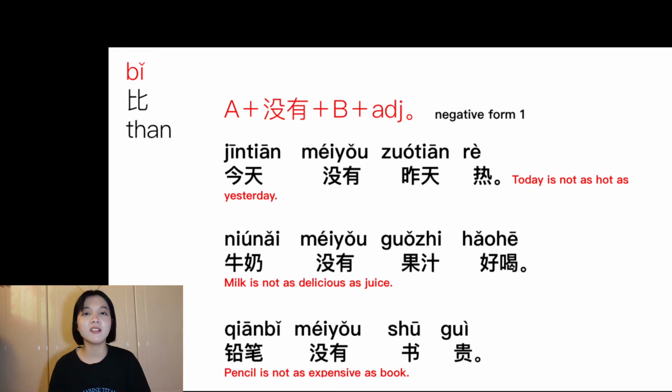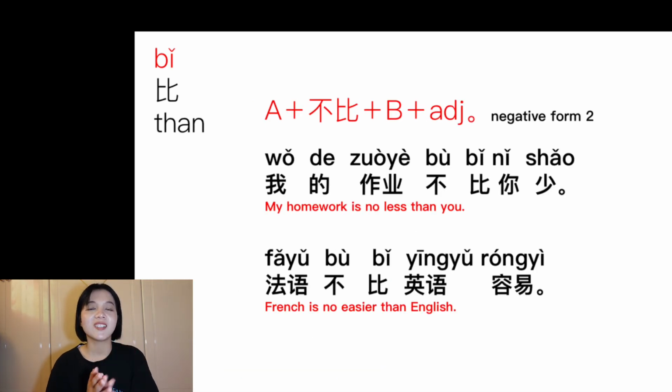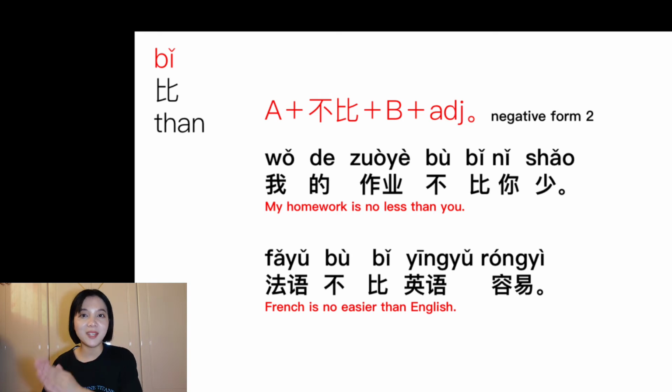The third one, 铅笔没有书贵. 铅笔 pencil and 书 books. 贵 expensive. It means pencil is not as expensive as book. And the negative form 2, the sentence structure goes like subject A, add 不比, then add subject B, then